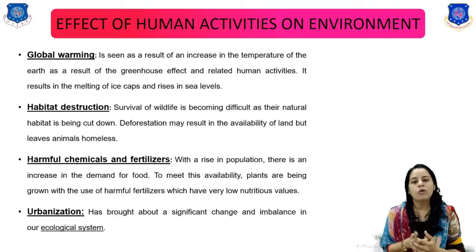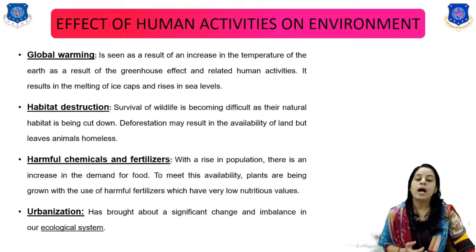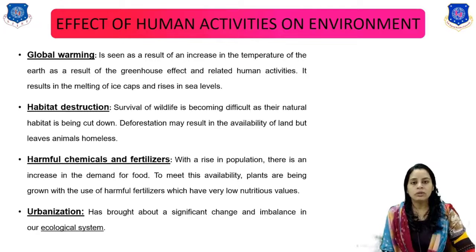Okay, we all know about global warming, right? It is a result of the increasing temperature of the earth due to greenhouse gases, and the result is melting ice and a rise in the sea level, right? Then habitat destruction. It means that the survival of wildlife becomes difficult as their natural habitat is being cut down. It means trees, right? So deforestation may result in the availability of land but leave animals